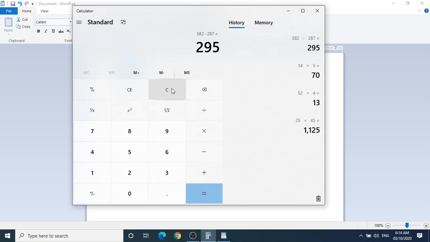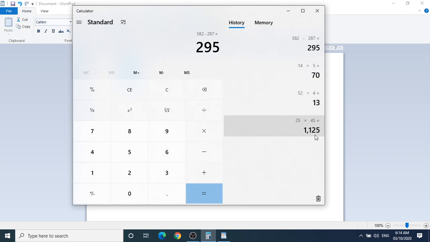Children, even in your mobile phone you will have the same type of layout, the same look. From a mobile phone also you can do calculations. In your textbook only 4 sums are given, which I have tried and shown you here, how to do and how to write.